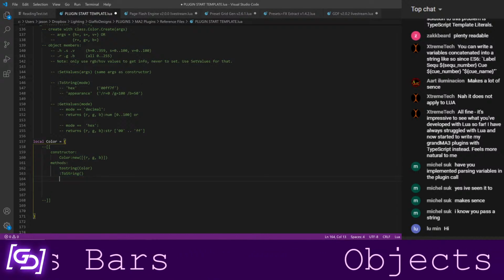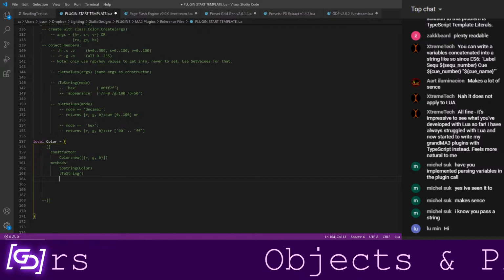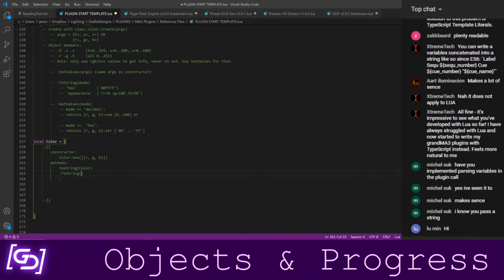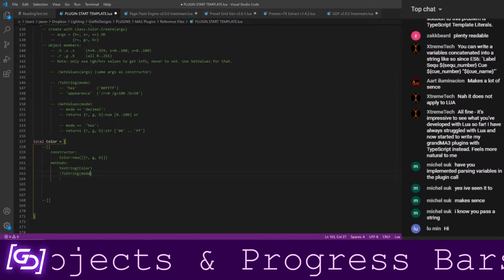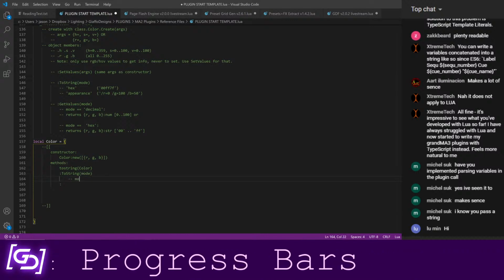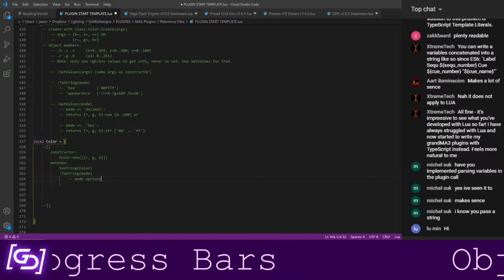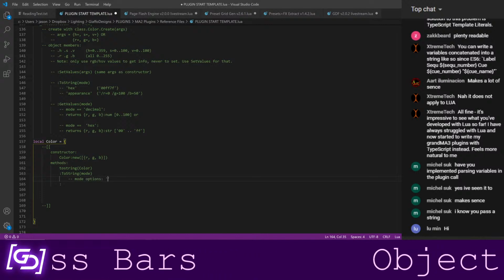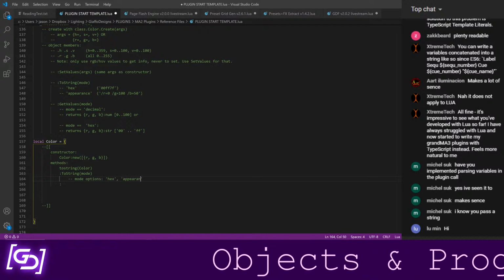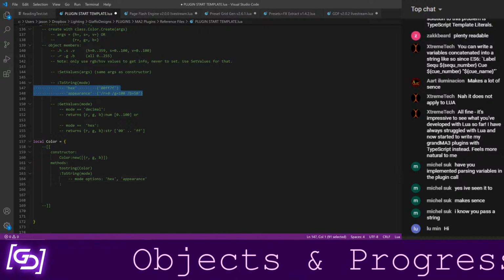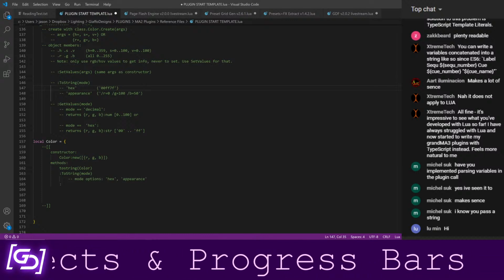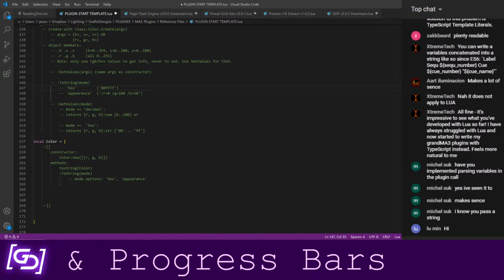I can also have, let's say, what did I do here? Oh, I did have a mode. Okay. And then I would probably list out mode options, which would be, we'll copy and use hex and appearance. We can see these are just different ways that I might be using a string conversion of this kind of object in a command somewhere.